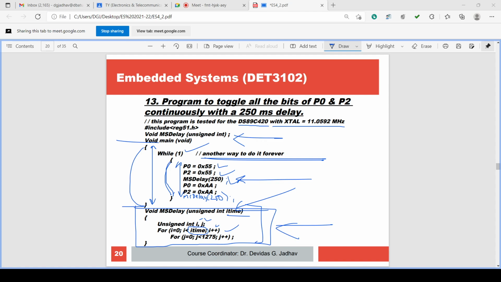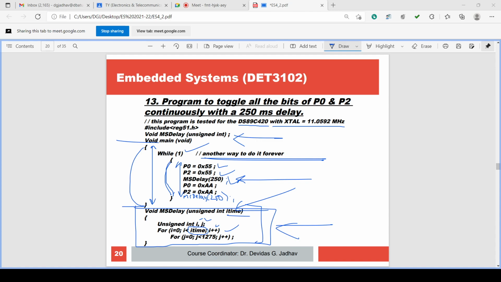If we do not use delays, then it is not clearly observable what the content of the port is, or how the content of the port is changing.